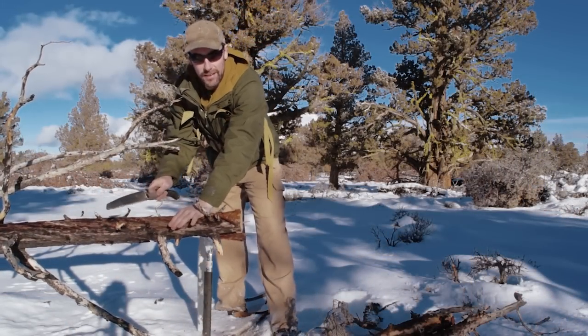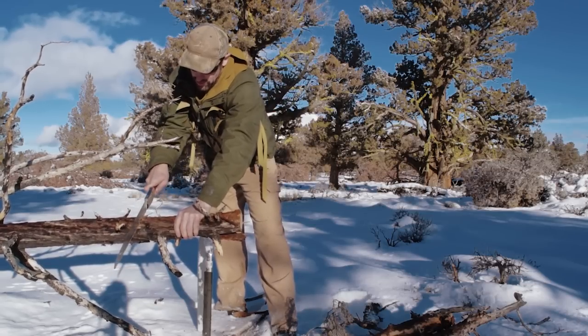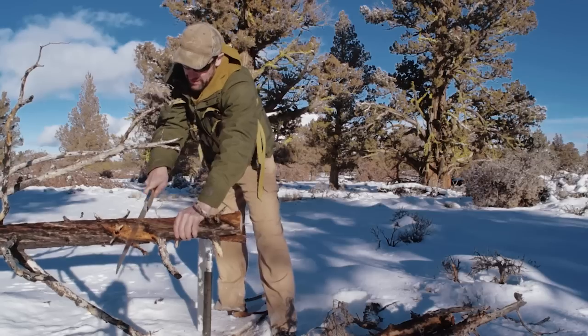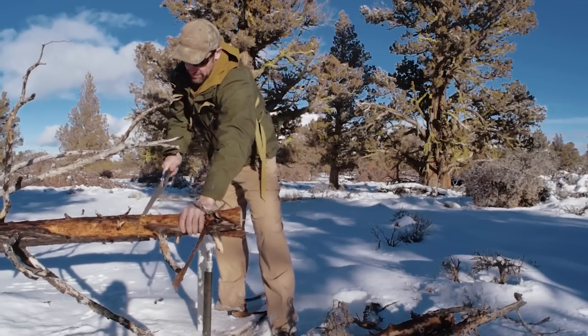Now, like the Katana Boy, this only cuts on the rear stroke, so you want to make sure that you don't jam on the forward stroke, because a lot of times you'll bind and you'll bend the blade, or get the blade to flex, and that will slow your cutting down. So you just want to